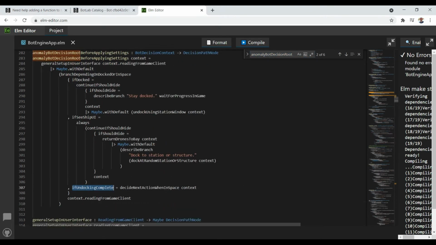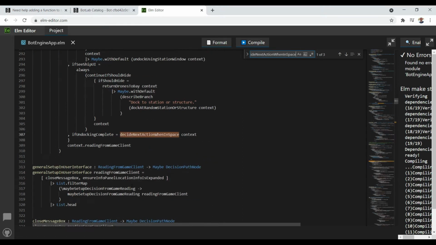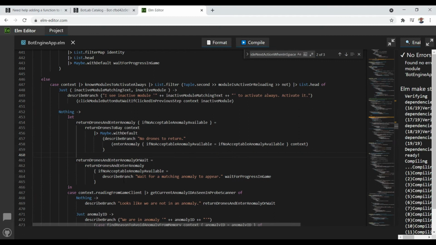And in our case, what we're interested in is the branch if the undocking is complete. So we can follow that reference. And this looks like the part that we are interested in. So this is what we would find starting from the recording. I would see that we need to change this part.